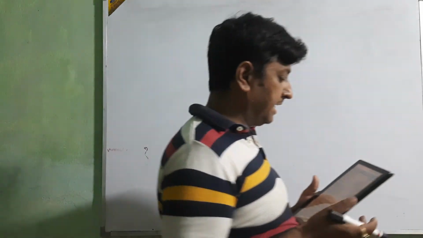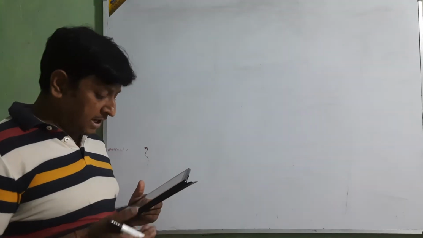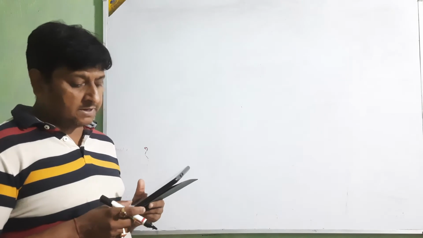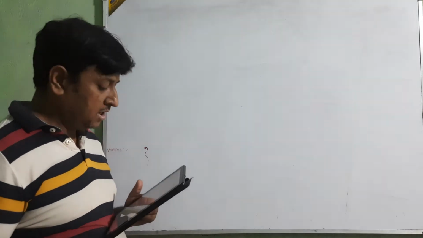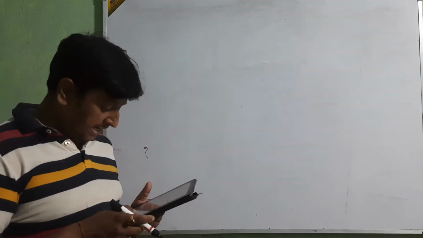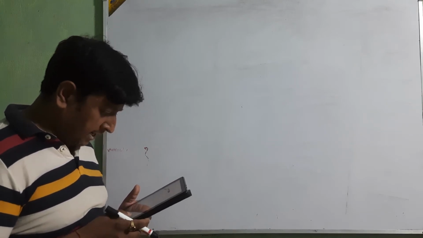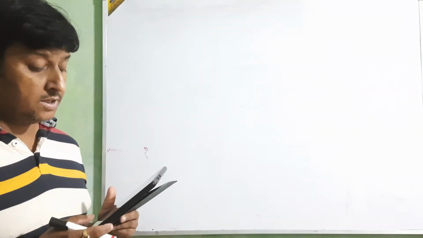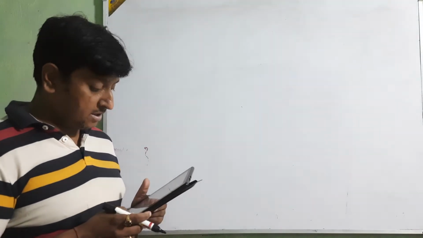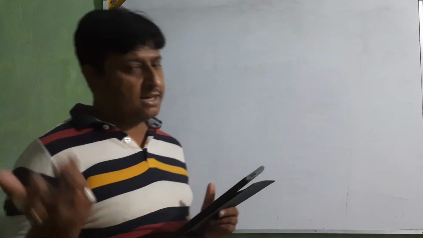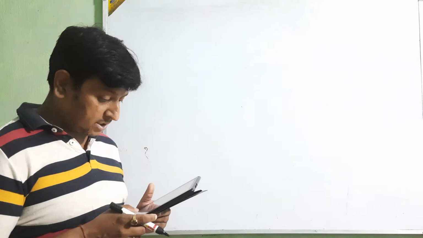Balance, first is balance, then subscription is given, and then sale of old furniture. Donation for prize, interest on investment; donation for prize we are not going to take. Then salary, printing and stationery are well known, furniture we are not going to take, investment we are not going to take. Okay, and other information is given here. 400 members we have. Okay beta, 400 members, 150 per member, needed 60,000.